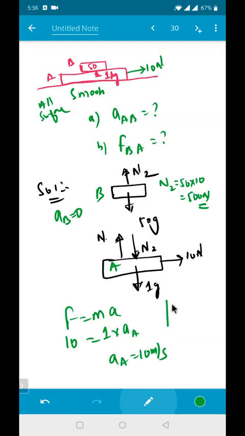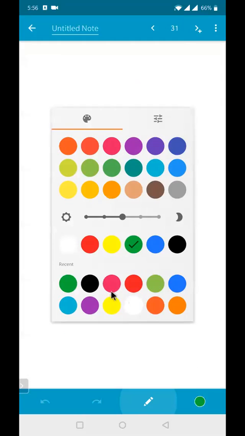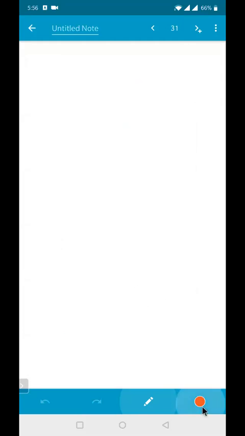Along vertical direction, this one is N1. That will be equal to how much? N2 plus 1g in the downward direction, because N2 is in the downward direction and 1g is also in the downward direction. So I can get this value of N1. N1 is equal to 500 plus 10, so that will be equal to 510 Newton. If they ask in the problem. Otherwise, that is fine. We have to know even such type of questions. This is a very important and good question.